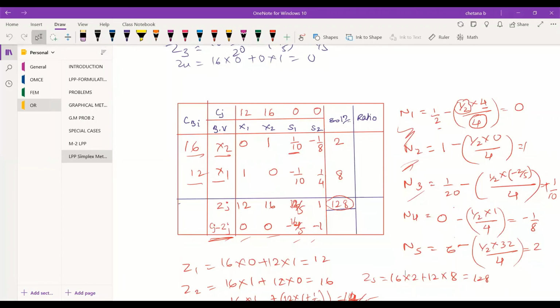Fine. So don't be in a panic situation that this book is like this and the solution here is different and what madam has taken is different. Everything is easy and everything is the same if you see the end result. So you can take Cj minus Zj or Zj minus Cj, anything is okay.